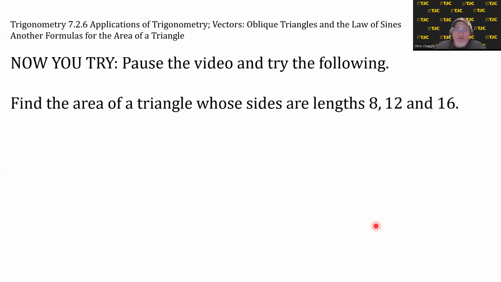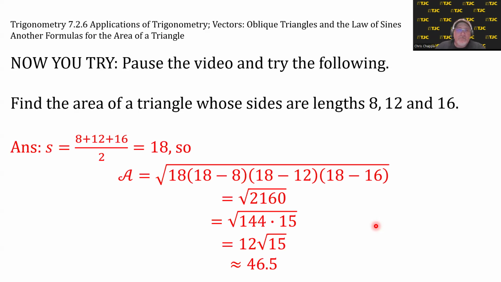All right, if you haven't paused the video, here's your fair warning. Solution in 3, 2, and 1. The semi-perimeter ends up being 18. So the area is the square root of 18 times 18 minus 8 times 18 minus 12 times 18 minus 16,